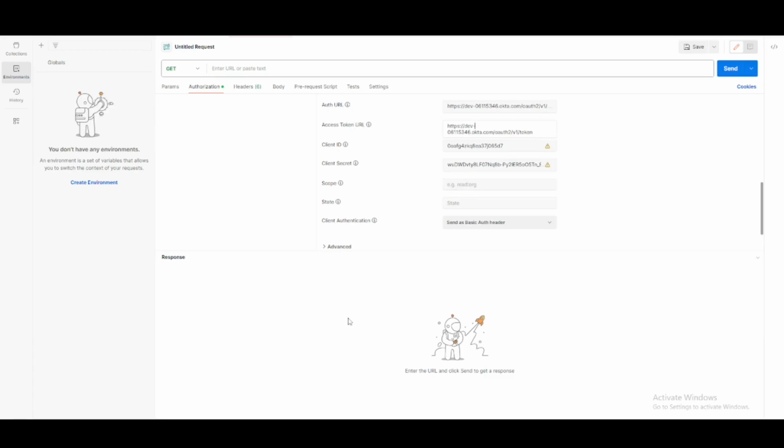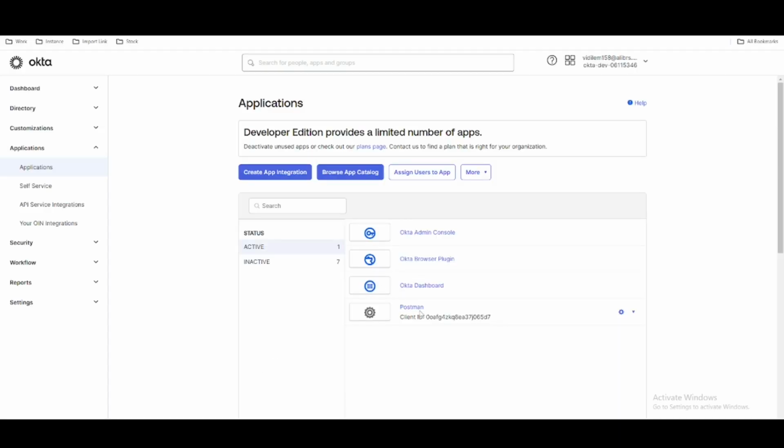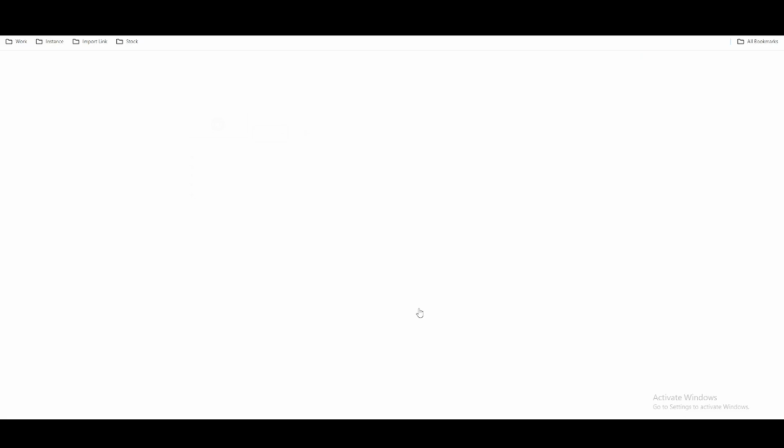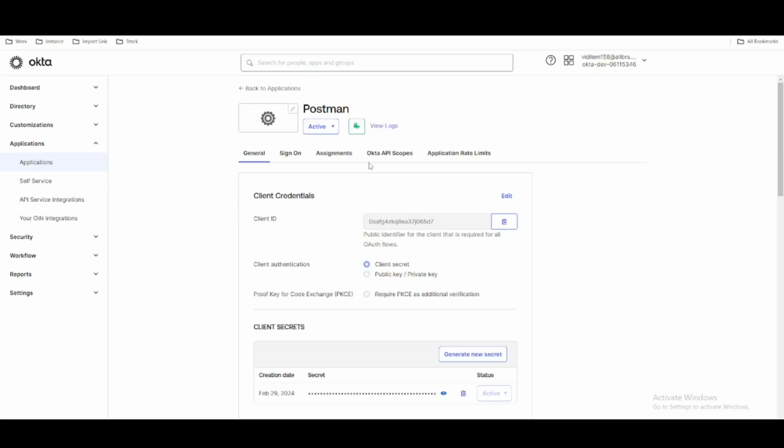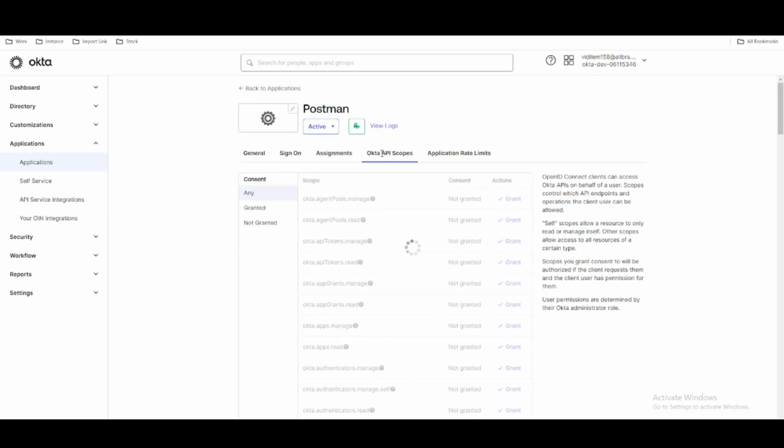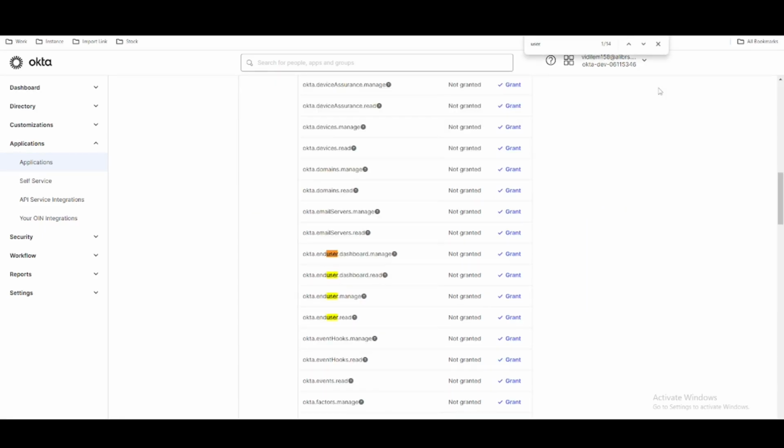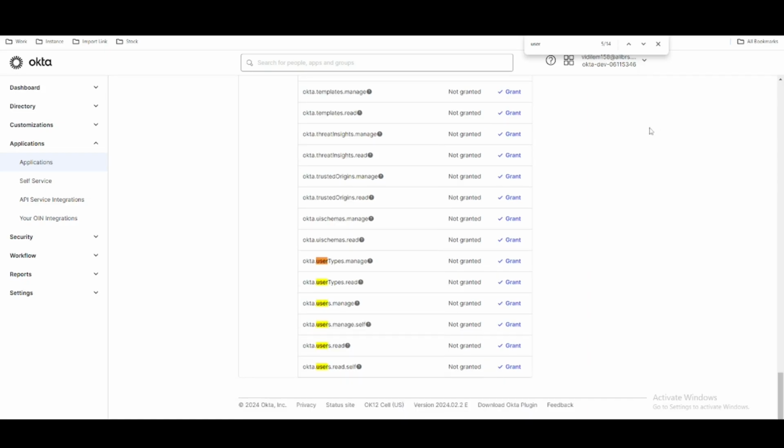So what we'll do, we'll define that scope related to the user. Let's go back here, open your Postman application, and here you will see the Okta API scope. Then find out, let's say, with the users. If you search with that user, you will be able to find multiple user scopes. If you see the bottom,